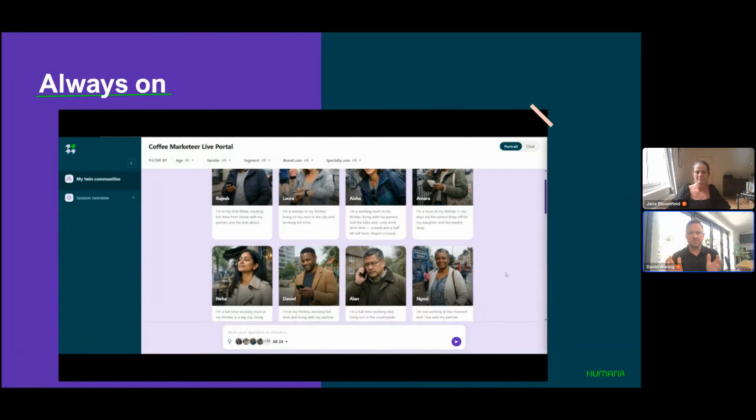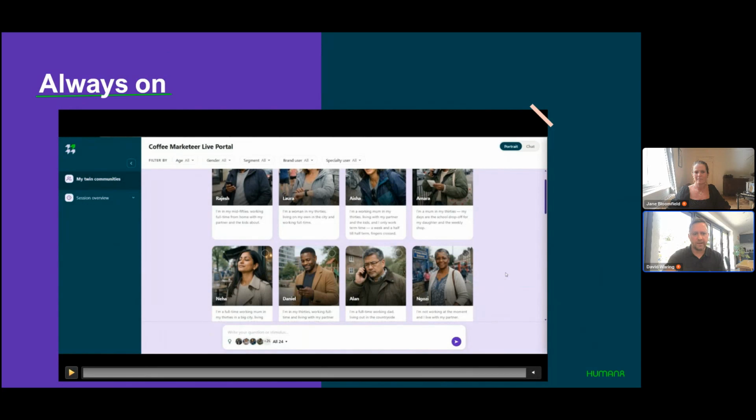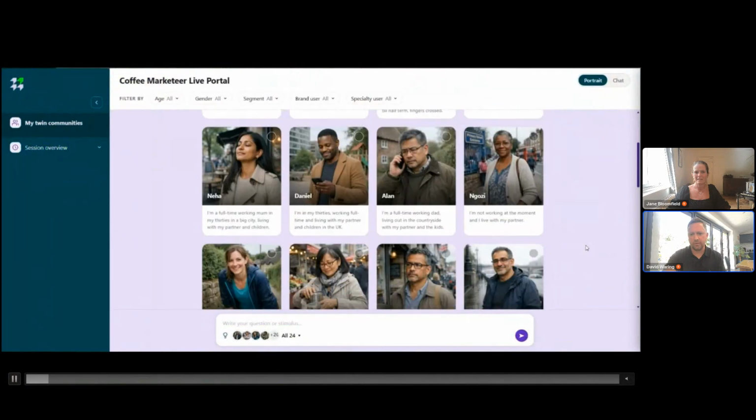So imagine you work for a coffee brand. This week, you've got to make several decisions: pack changes, campaign line, range call. And often, if you were going to research that, it would take weeks, or often no insights are able to be used at all because time has not allowed it. And you're just making decisions more on gut and carrying on. So I'm just going to play the demo and illustrate what it looks like.